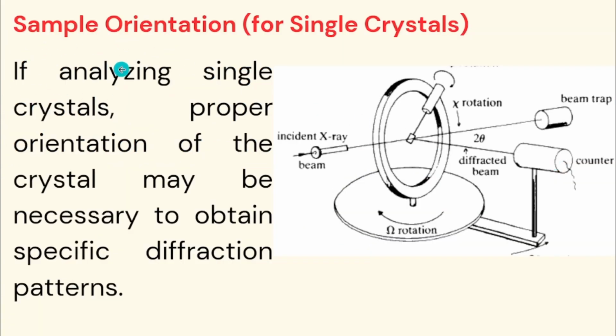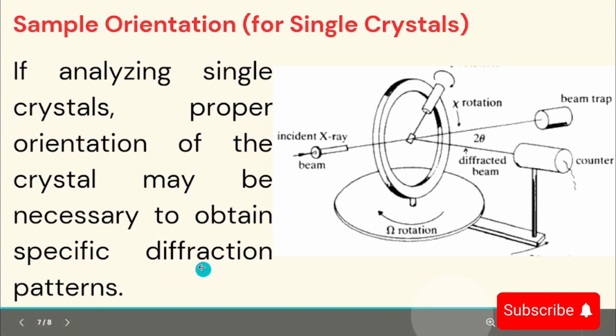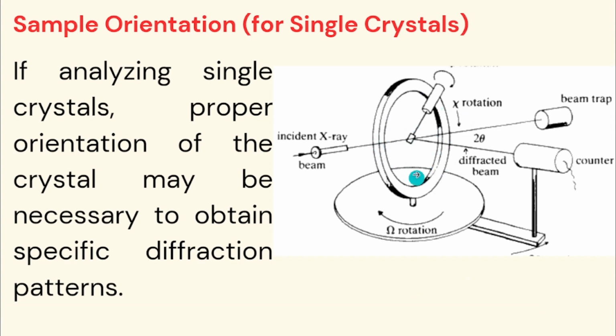The most important step is sample orientation. If analyzing a single crystal, the proper orientation of the crystal may be necessary to obtain a specific diffraction pattern. This is a pattern of our XRD machine, and this is the beam of X-ray which bombards the sample,